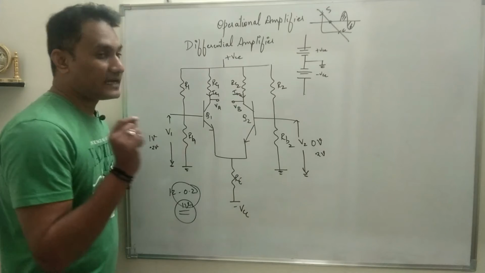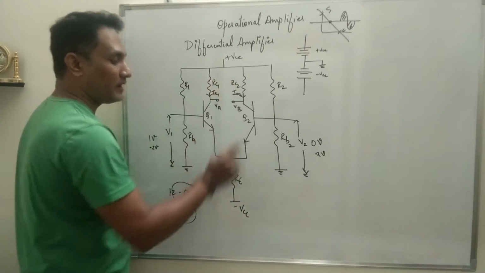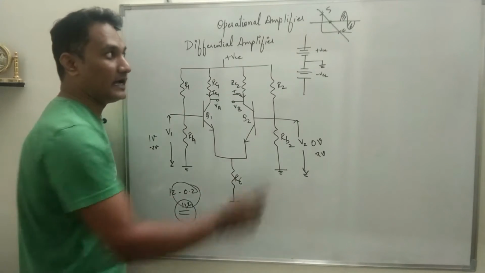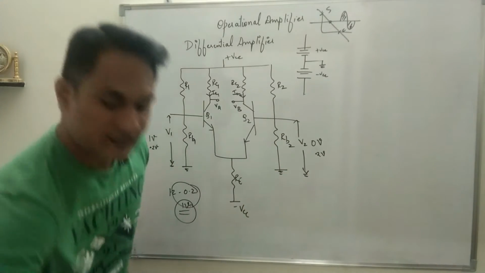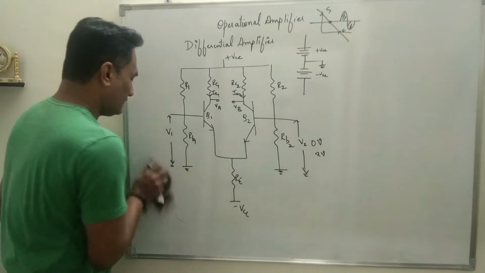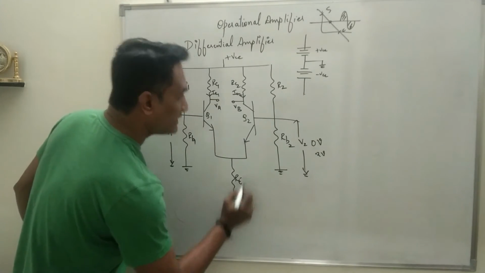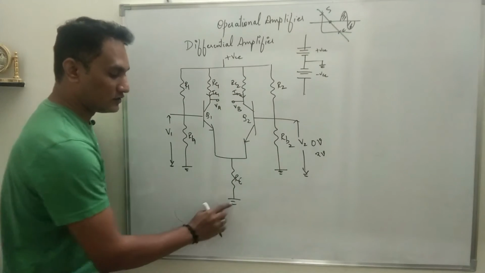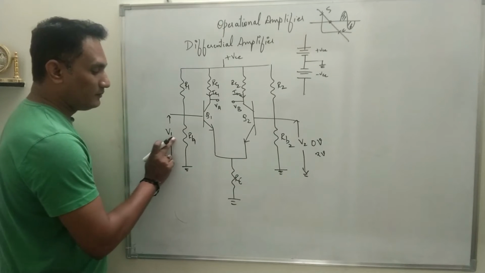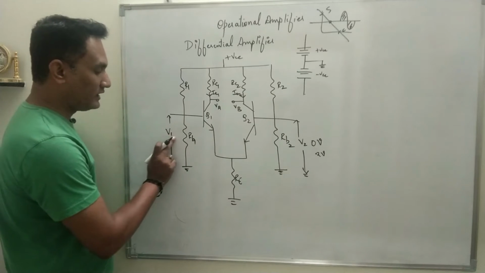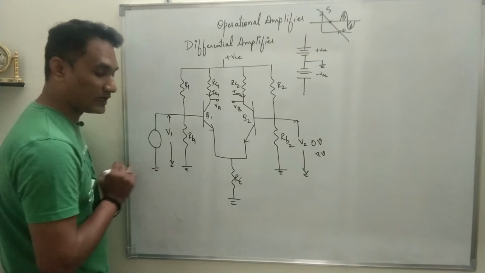Okay, now the second part again is very important. I said that instead of one power supply, we are using two power supplies, and the common terminal of these two will be connected as ground. Let us just imagine that we have only one supply and a ground. So this is ground, this is ground, all of this will be ground. Now as soon as input voltage is applied, this is the input source, right? A source is connected with respect to ground, right?